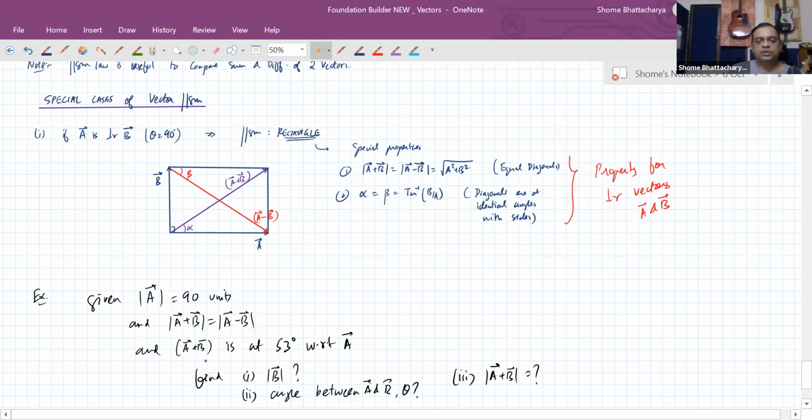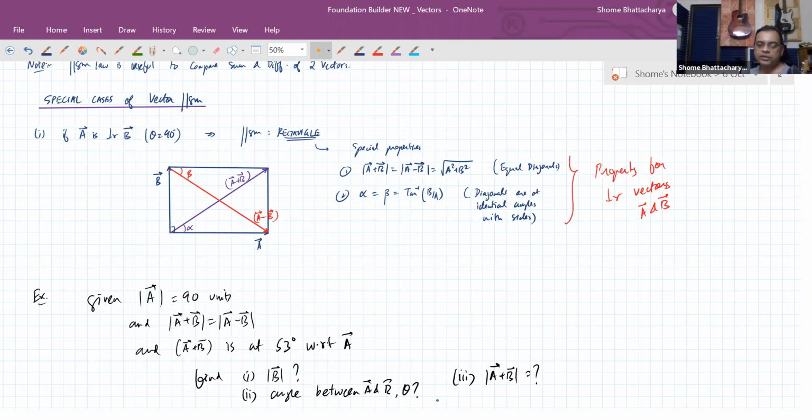Okay, so whenever you come across a question like this, now instead of thinking in terms of formulae or component algebra, just think that the question is giving you something in terms of sum and difference. The statement of the question is such that there's a comparison between the sum of two vectors and the difference of two vectors. So what should come to mind immediately? Can I use the parallelogram law? And if I use the parallelogram law, how will I fit the condition which is given, that mod of A plus B is equal to mod of A minus B? So immediately you will think that in that vector parallelogram, the diagonals should be equal. So by definition, it's not a general parallelogram, it's the special case of the parallelogram, which is a rectangle. And once you understood it's a rectangle, the rest of the things are very easy to follow.